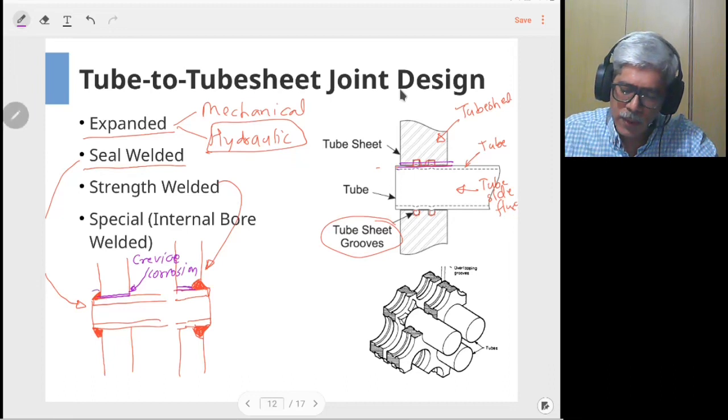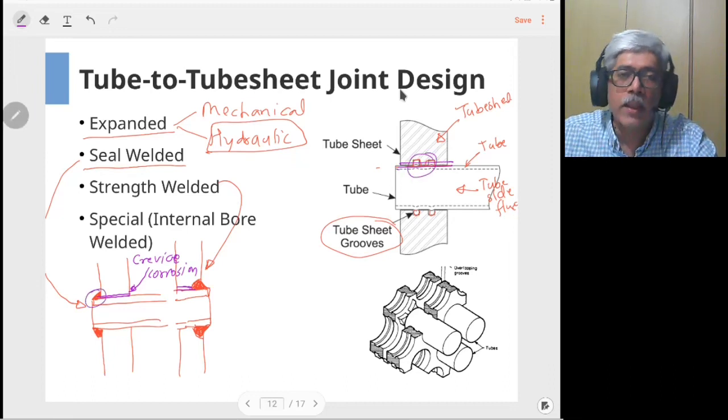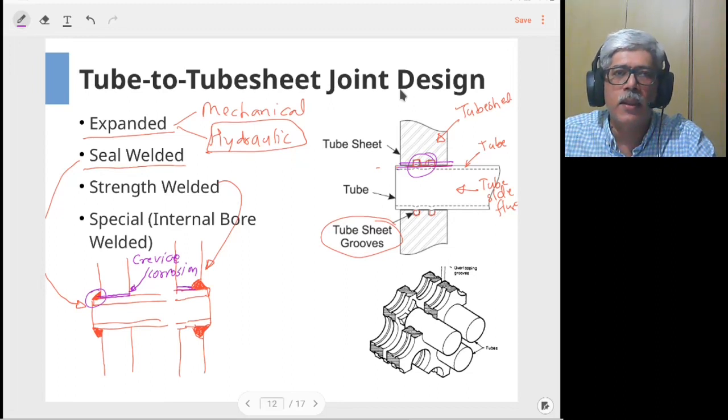Crevice corrosion is finally detrimental to the life of the heat exchanger. Because of the corrosion, the weld or the efficiency of the mechanical joint both get adversely affected, and the tube to tube sheet joint starts leaking after a few years or months of service. In that case, either you have to plug the tubes or you have to replace them. If a number of tubes have started leaking, then you have to change the tube bundle, which can be costly. You have to close the plant for doing this kind of maintenance, and for very critical applications, such type of joints are avoided.